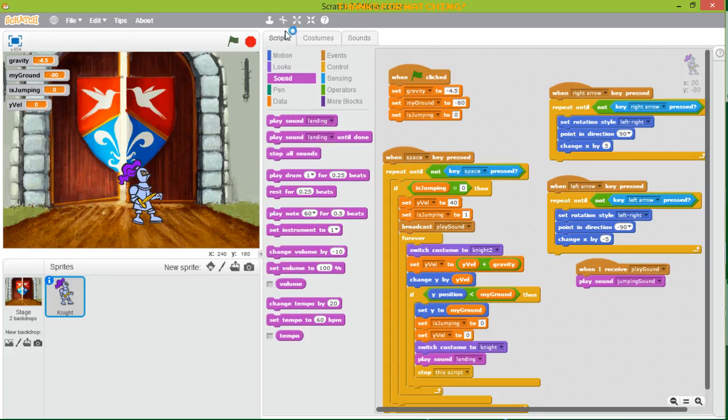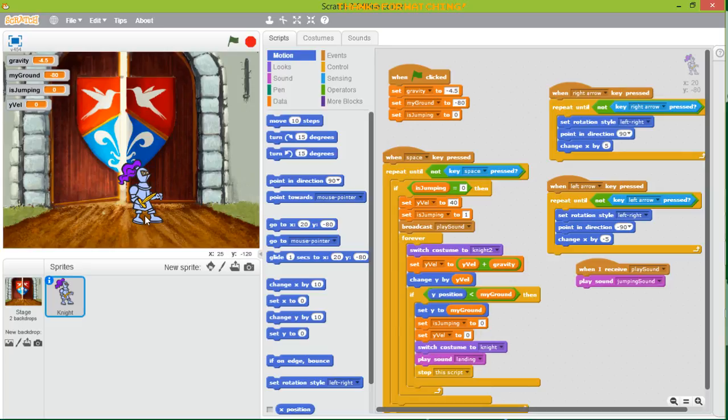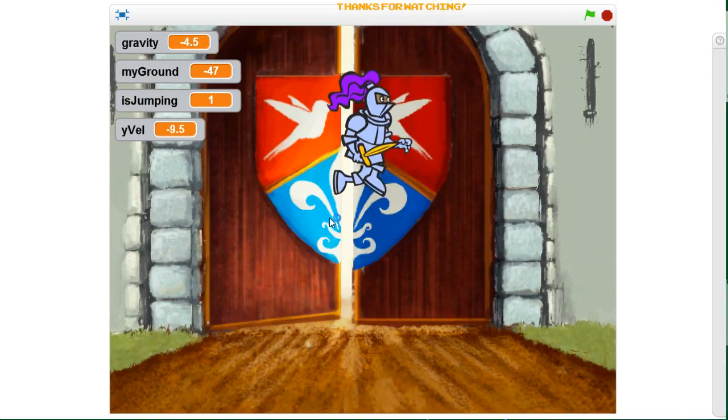For example, if I want to change it, I move here to motion. Then I move my guy here just to see the positioning. So I change the ground to -47, and then you just update things. And this is my new ground. That's it. And we also changed the graphics. Remember, we edited it just to have a jumping